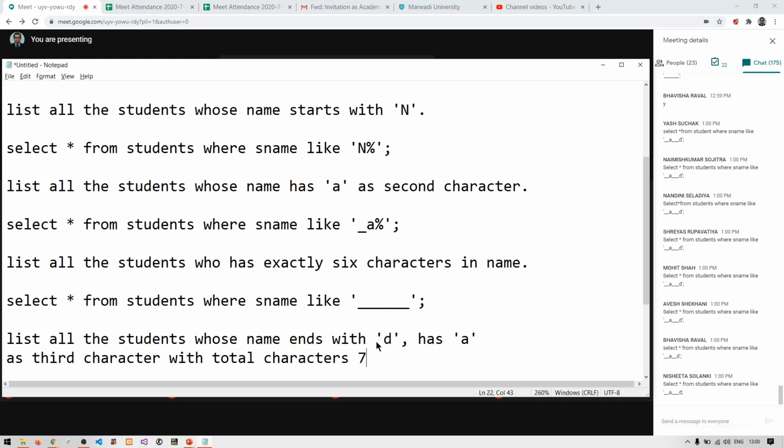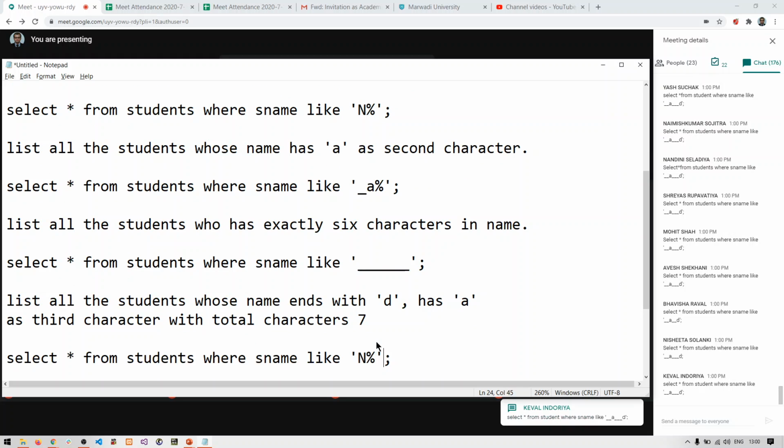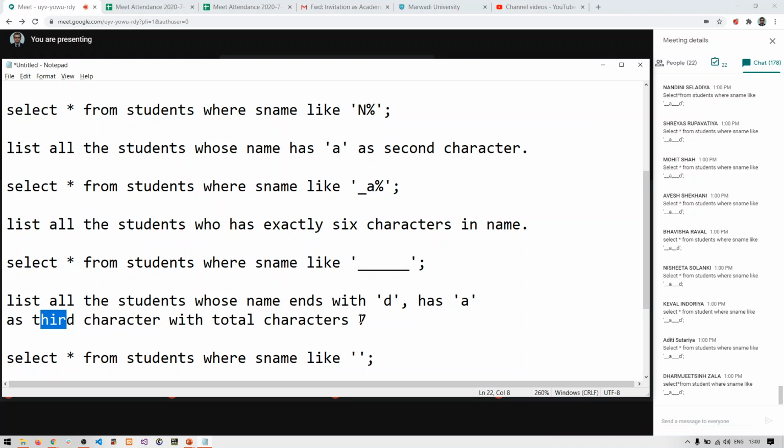So what will be the answer? Select star from students. And what is the first condition? The name should end with D, should have A as a third character, and total characters must be 7.